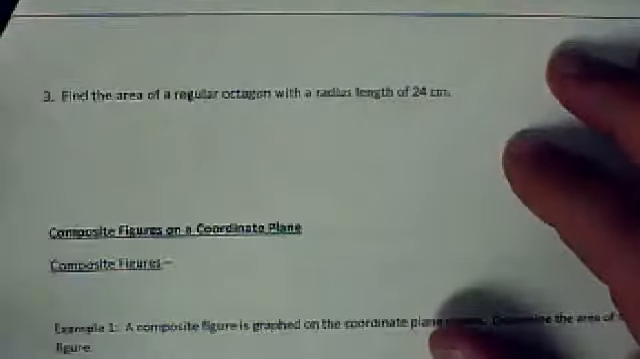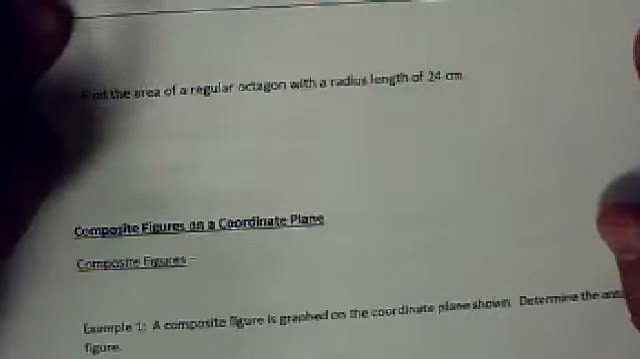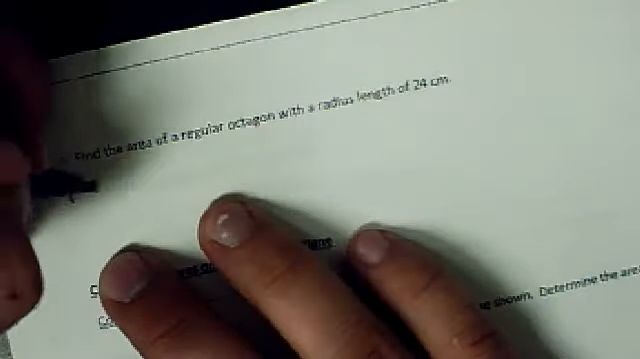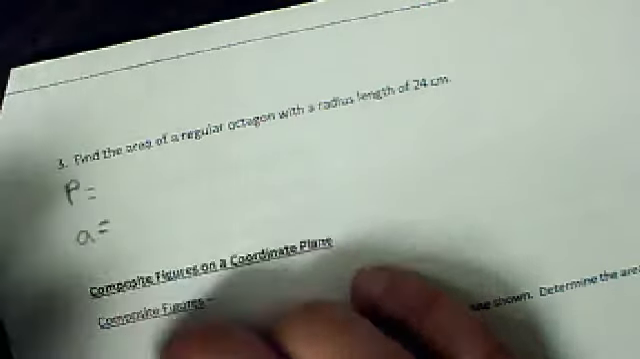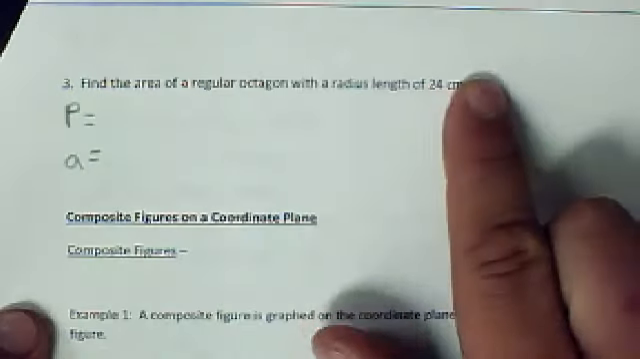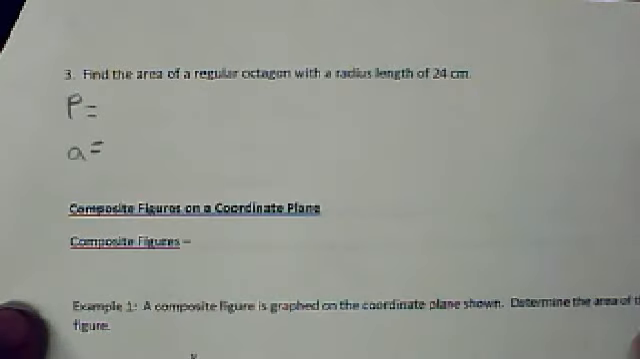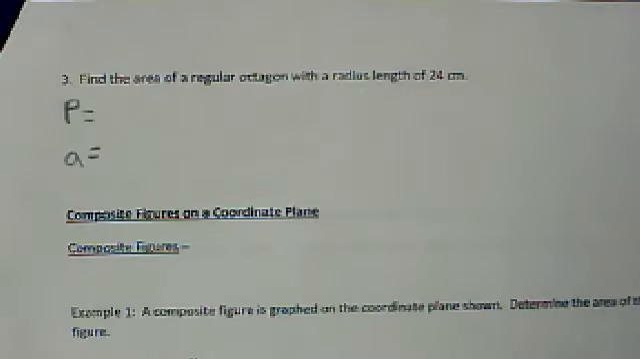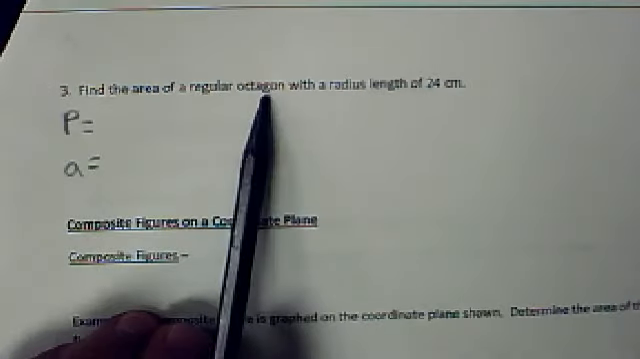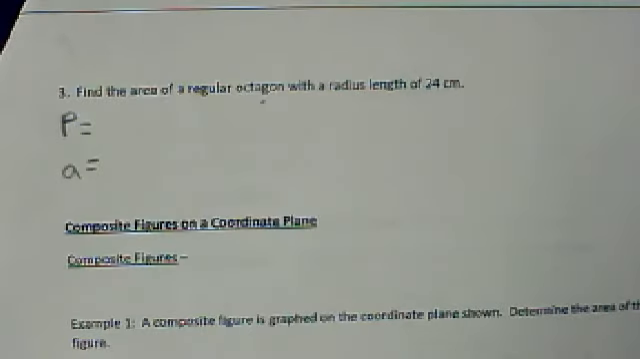Next page says to find the area of a regular octagon with a radius length of 24. So again, I need my perimeter, I need my apothem. But I have nothing given to me in my problem that's going to help me find either one of these right off the bat. In terms of given, I don't have a side length that I can multiply by 8, since it's an octagon, to find perimeter. All right, so what I'm going to have to do